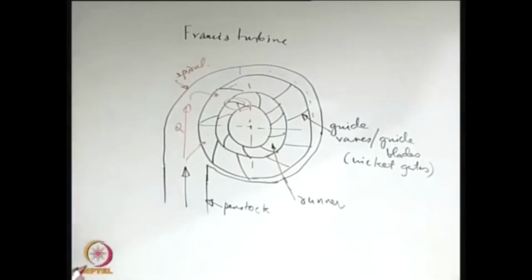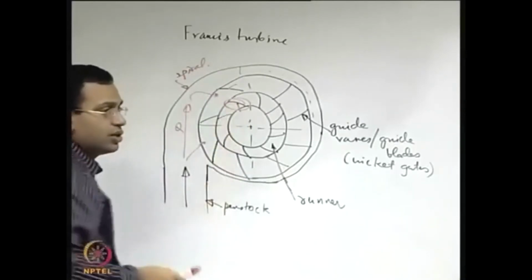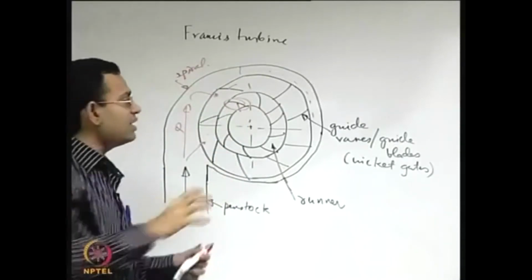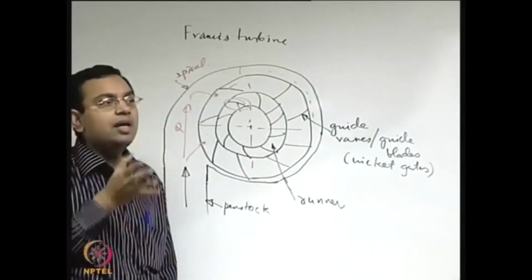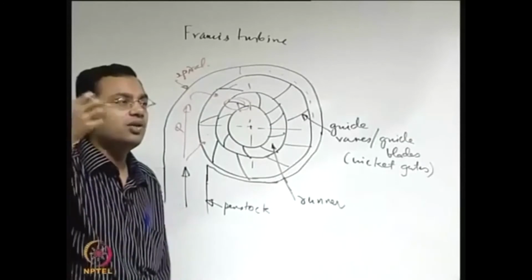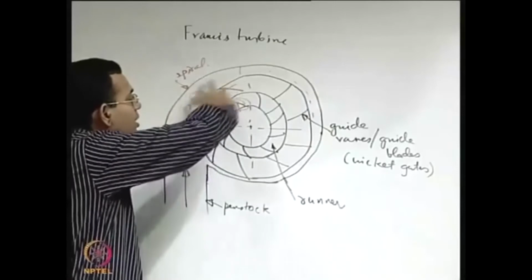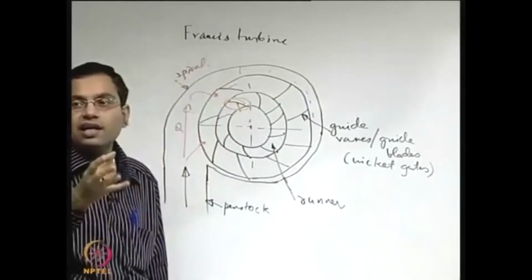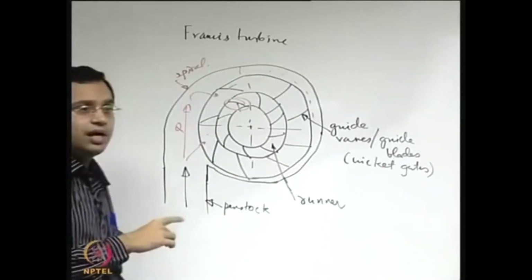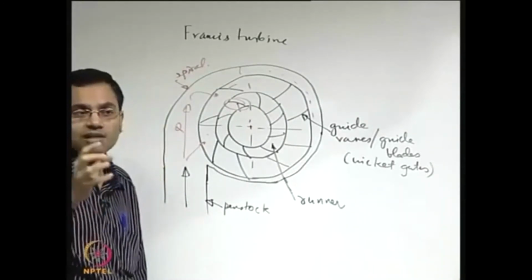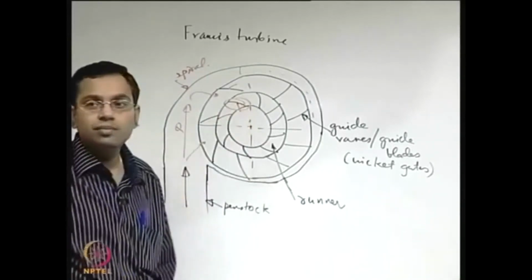flow. Not only that, when the fluid passes through this passage between the guide blades, it is as if it is like an artificial nozzle. So it tries to impart some energy, as if there is a jet issued from the nozzle that is falling on the blades. There is no real nozzle, but the passage between the guide blades acts like an artificial nozzle. That is why we say that even though it is a reaction turbine, it still has some impulse component, because at the end there is an impulse of a jet that is falling on the rotating blades.